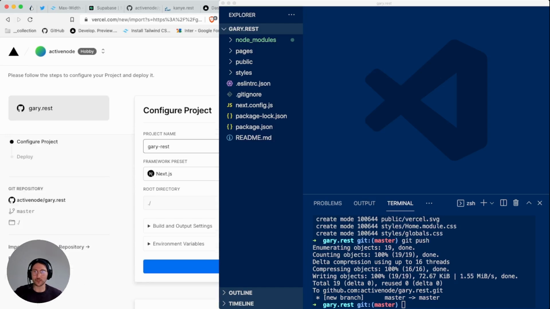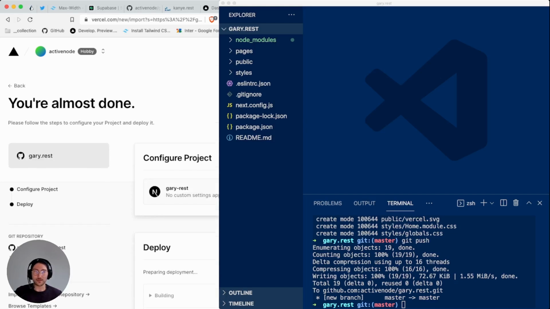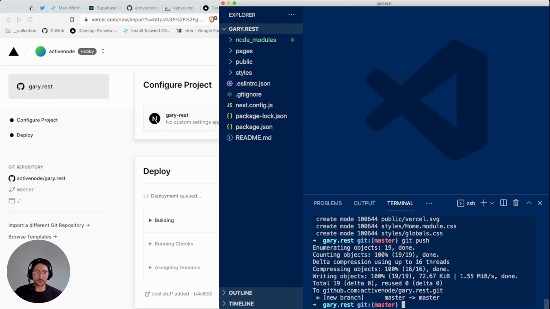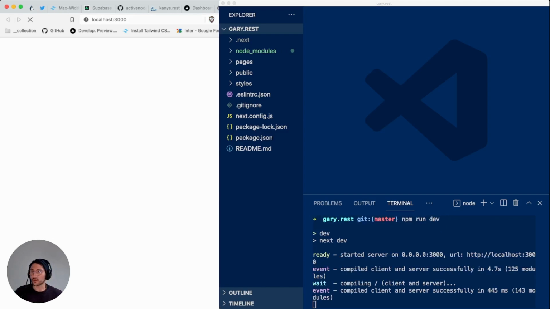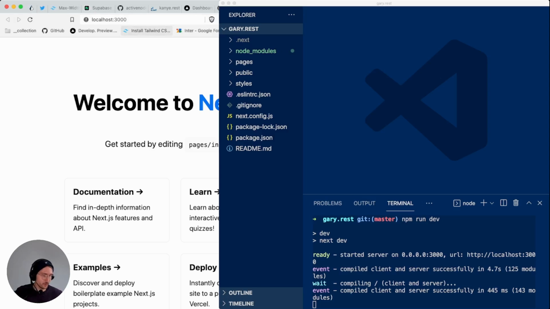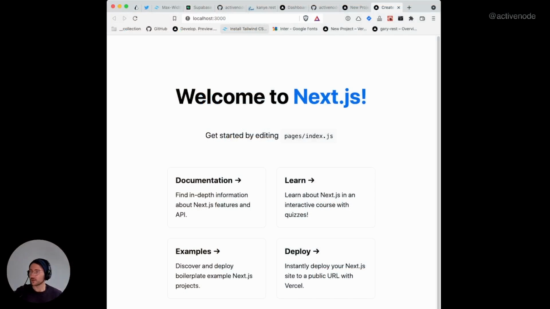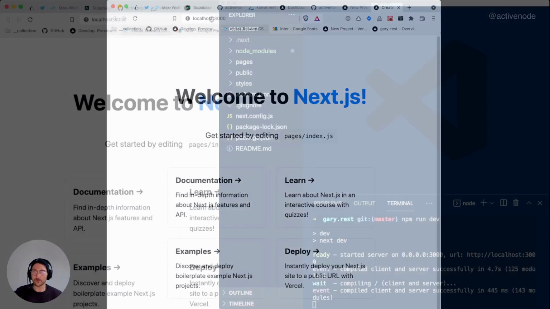And then we simply click on deploy and we'll wait. But as long as that's deploying, we will be running npm run dev on our local machine such that it will open up a development version on localhost 3000, which will simply show like this. So welcome to Next.js and so on and so forth.